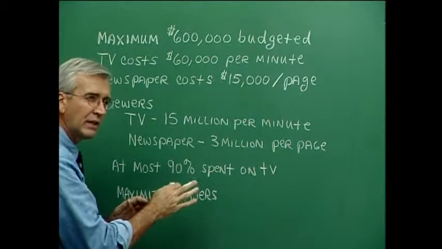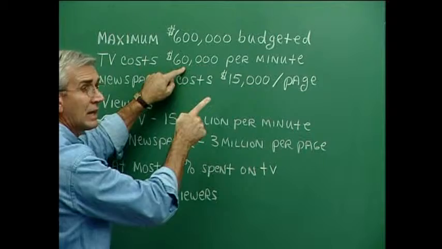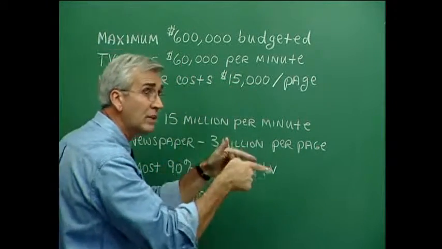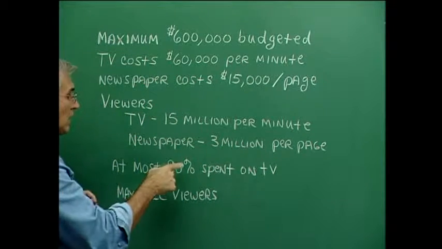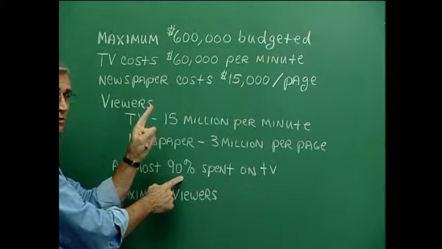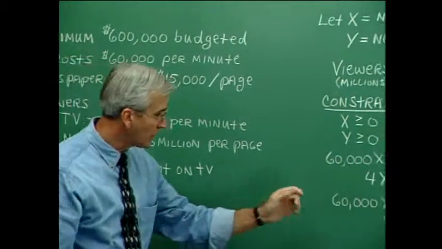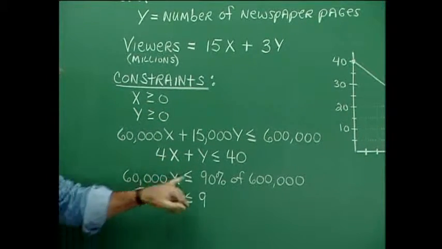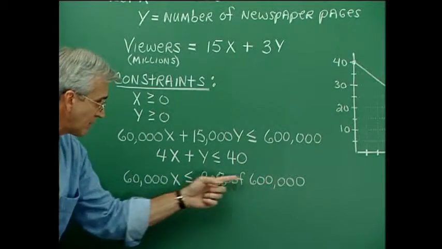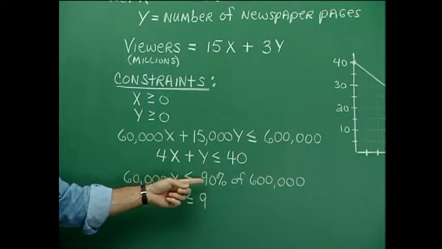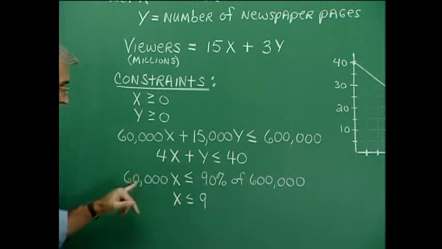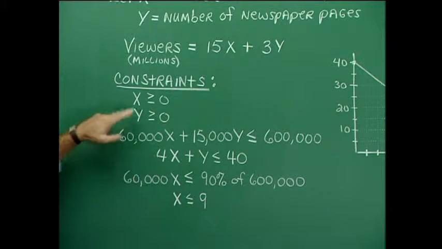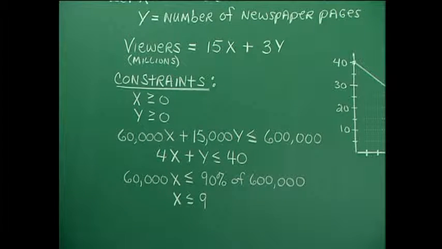How much are we spending on TV? Well, we're spending $60,000 per minute. The number of minutes is X. So 60,000X is the amount spent on TV, and we want that amount to be at most 90% of $600,000. So we write that down. The TV expense is at most, that means less than or equal to, 90% of the 600,000. Now that's 540,000 if we wanted to write it that way. And this is 60,000, and if I divide on both sides by 60,000, I find X to be less than or equal to 9. So these then are our constraints, and we want to put these on the graph and